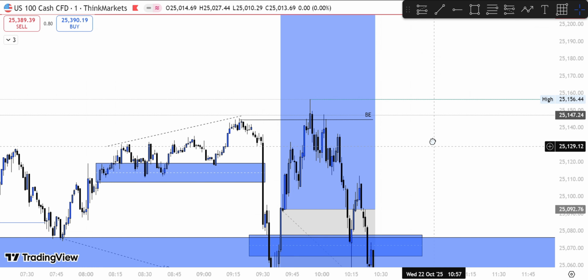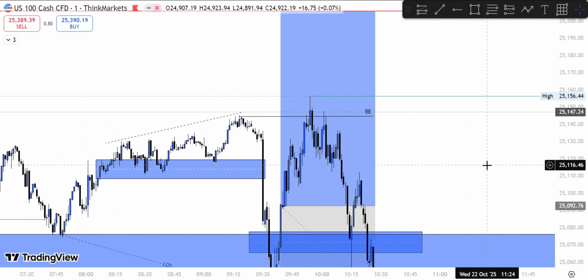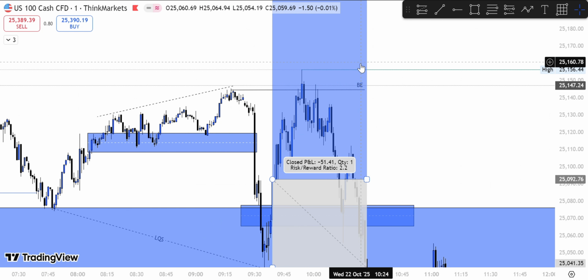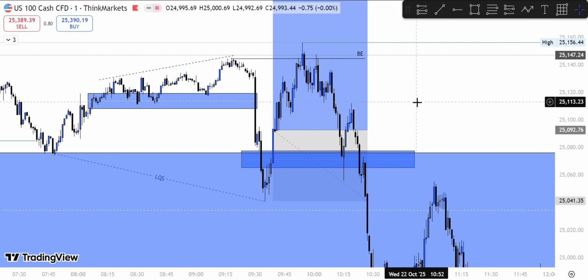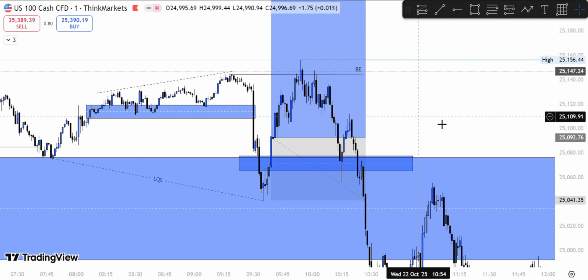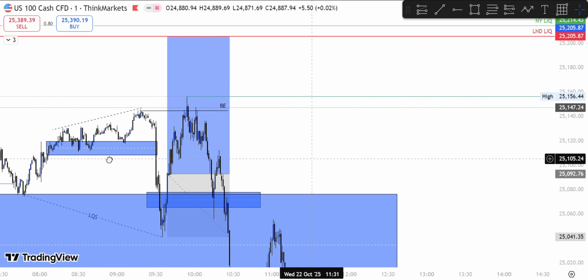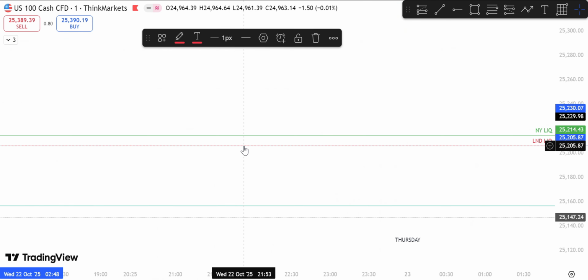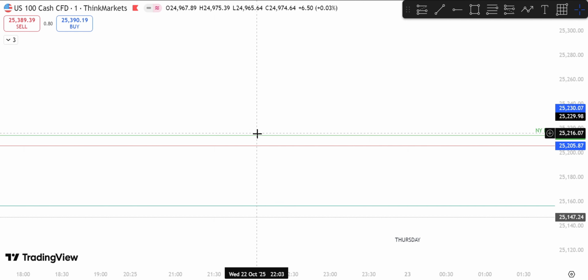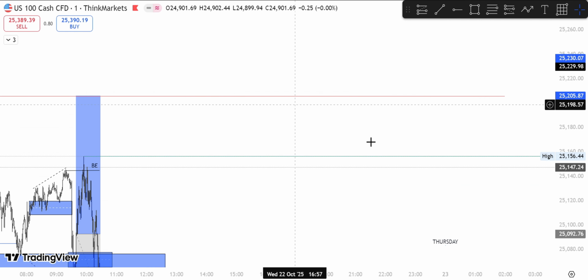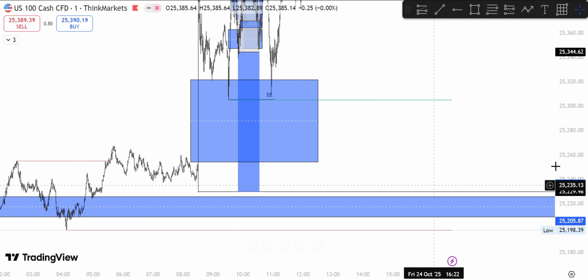Now, we couldn't make that happen because we went break even, as you can see right here, this was my break even point. We had an SMT right here. I don't believe that is what caused the market to go down, but yeah. So we had break even on this day. So let's move on to the other day, which was actually yesterday,